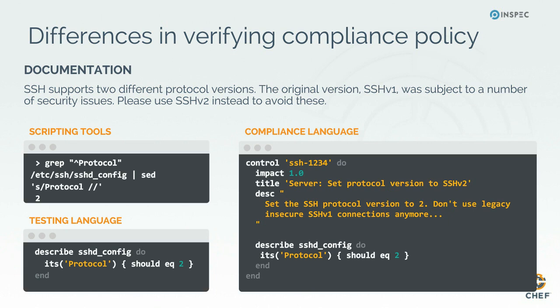It's not cross-platform compatible, but with a testing language such as RSpec, we now have the capacity to express it once and maybe scan it on multiple systems. But for compliance purposes, what we also need to be able to add to those controls, we'll call them test controls or audit controls, is some amount of metadata. So things like the impact of the control. Is a failure of this test a breaking kind of failure, and we need to stop releases to production until we fix this? Or is this something that we just need to be notified on and make sure that we have it added to our exceptions and then sign off on it and promote?